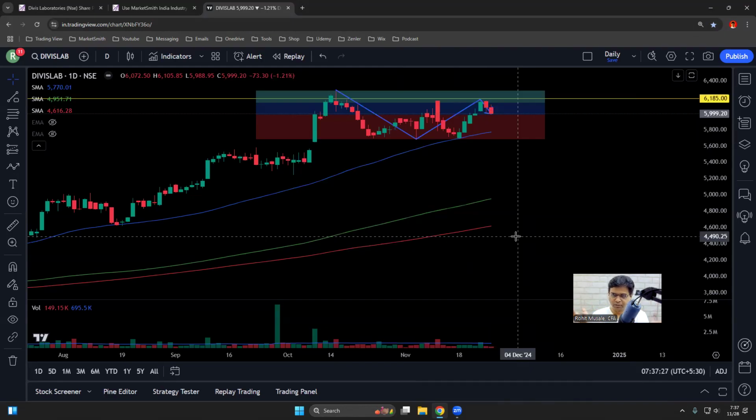Fantastic. What else do we want in a stock? This is technically very strong. I'm not saying strong, I'm saying very strong. Comparatively, I never said very strong. Comparatively, I said it is strong. Coming back to